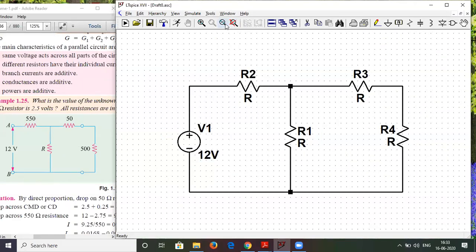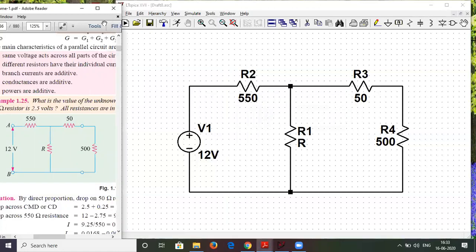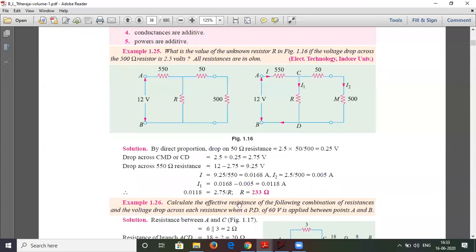Now this circuit is a little incomplete because I have to mention the values of the resistors. Here R is written, so here I have to write 550. Don't bother about the naming now; only the values are important right now for us. So this is 50. Then this is around 500. How we will solve this numerical is, we already know the value of R, which is calculated. So we'll go in reverse. We'll put this value of R and check all the voltages and currents over here.